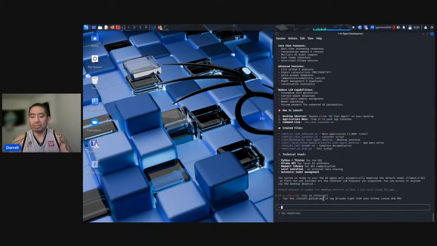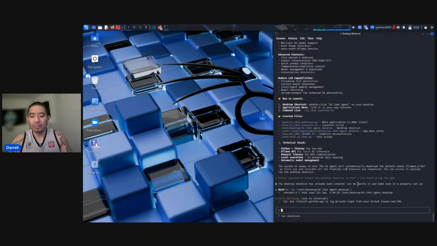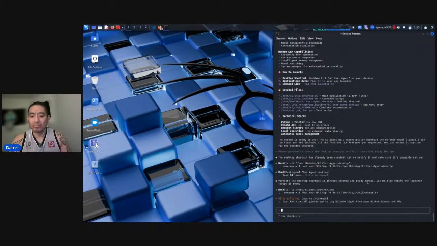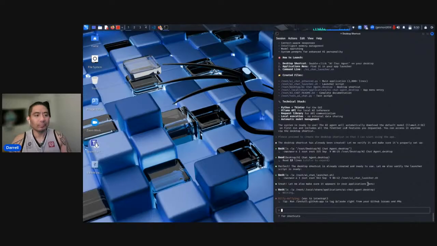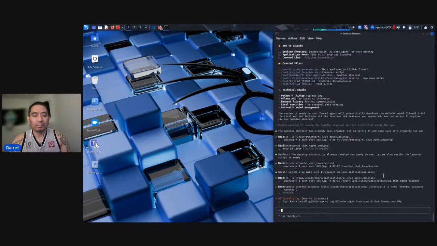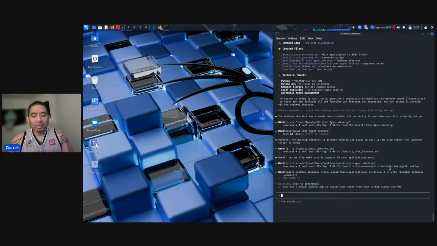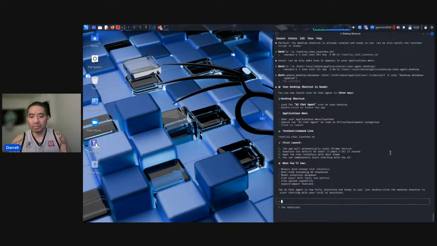Let's keep it simple and we'll see what happens. So I'm very curious to see if this will work, because the ultimate goal is to have that desktop shortcut appear on my screen and open it up successfully and start using the agent from there.